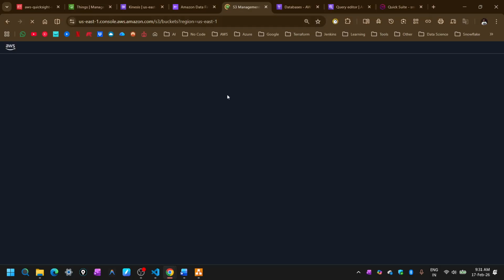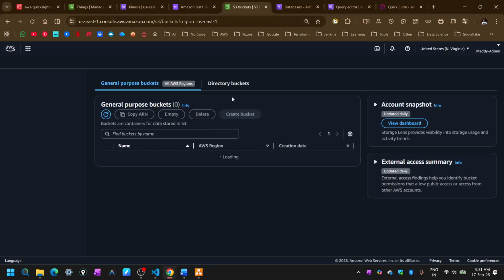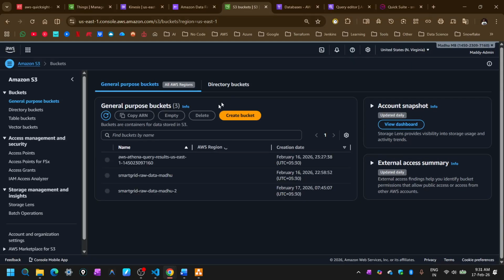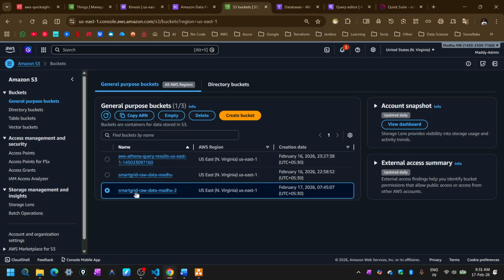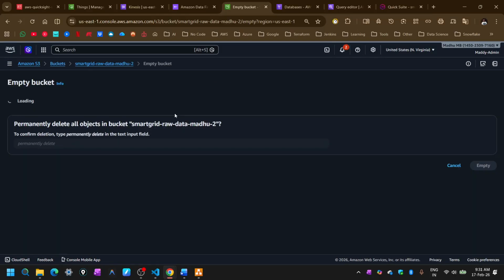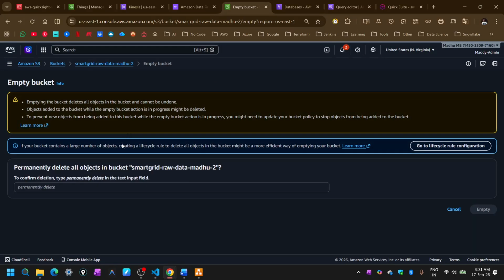And let's go to S3, where we are storing the raw data, correct? First you have to go to the storage and empty it. Without emptying, we cannot delete the storage, right? So we just go here, delete the contents,